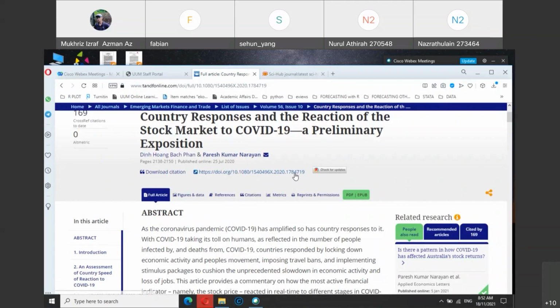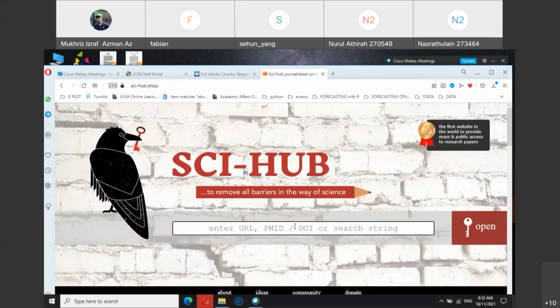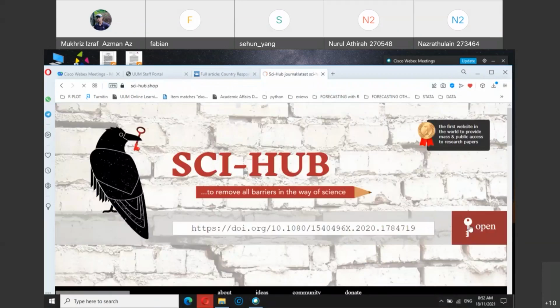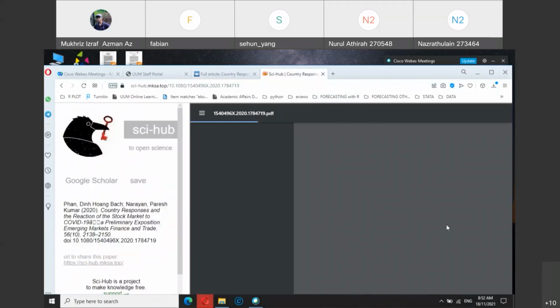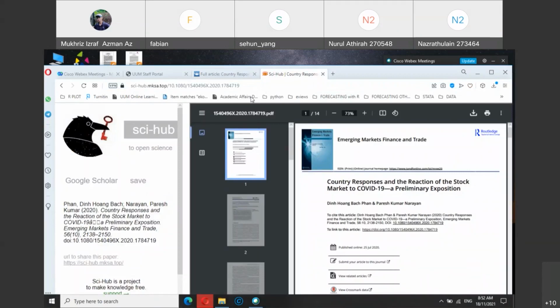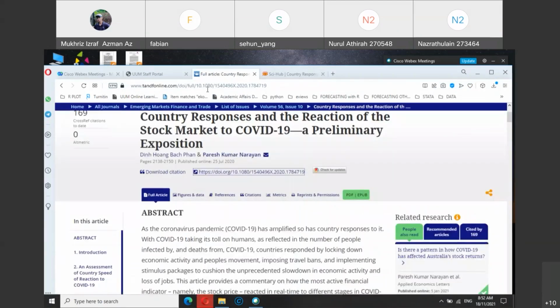So you need to copy the whole line from HTTPS until the last digit and simply paste it into Sci-Hub, and most of the time you should be able to open the article. Especially if the article is more than 1 year old, meaning published in 2020 and below.